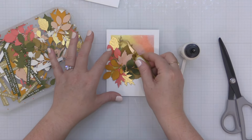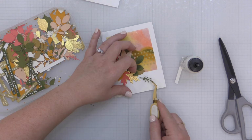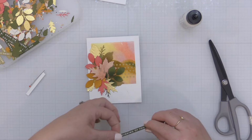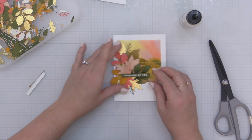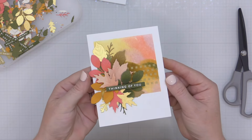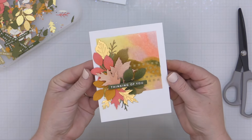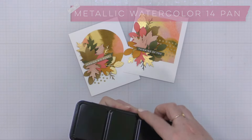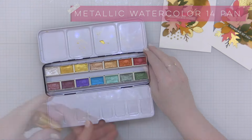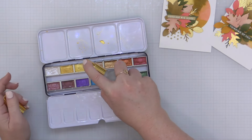Now I decided I wanted to tuck in a couple of these little twiggy items here from the Zero Waste Autumn Leaves die, so I did that with some liquid glue, and now I'm applying my sentiment strip with some foam adhesive. And that finishes off my design for the square version of this card. I did the same thing with the circle version, and now I am grabbing my metallic watercolor pan set from Altenew,